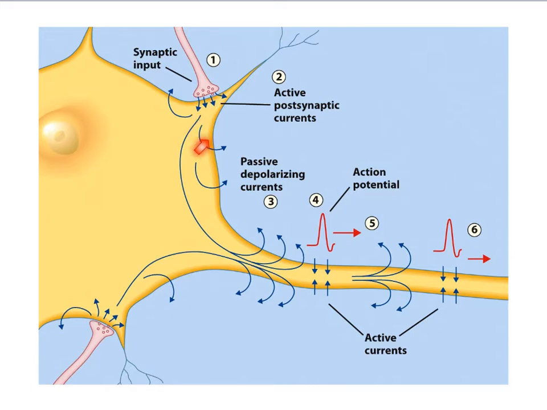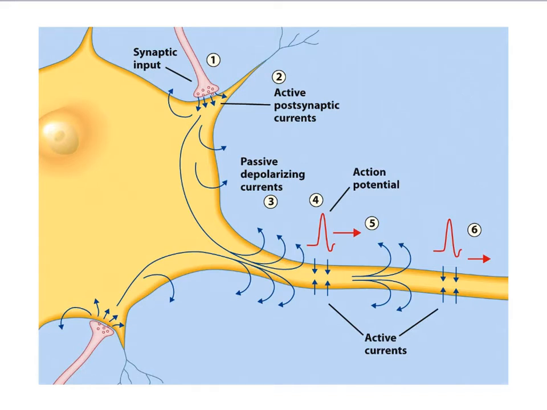So this current just kind of passively moves through the cell and comes back out to complete the circuit through here. But let's say we have another axon terminal over here on this dendrite, at the same time creating an action potential that releases neurochemicals, creates a passive current here. You see these currents come out, but then the two join together. So what happens here is that at this point the membrane is even more depolarized,